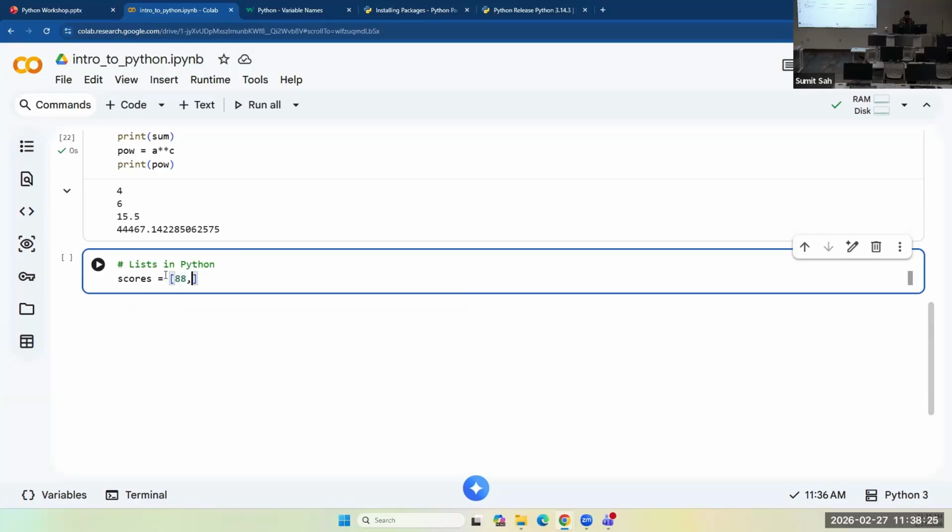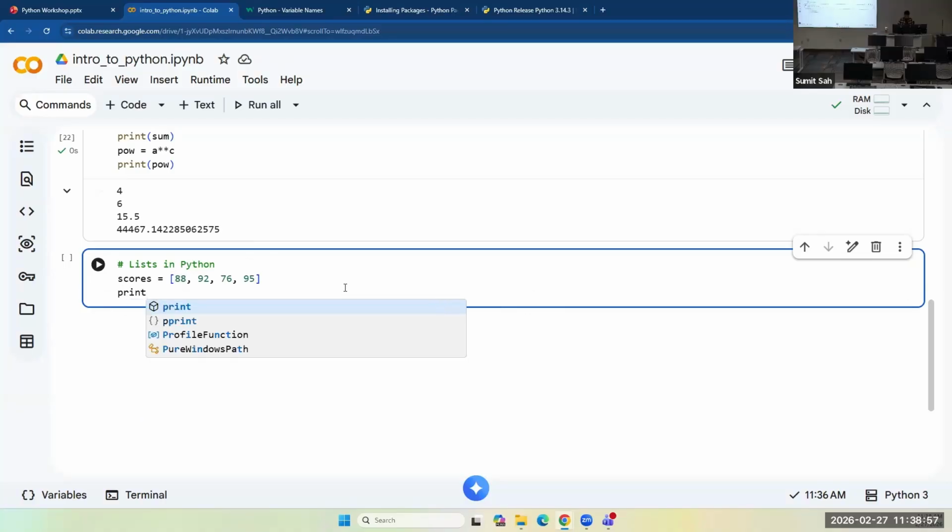Say 88 in one subject, 92 and 76 in another, 95 in one. So this is a list. And you don't know what subjects these scores are. You just know the scores, and you have a numerical list of scores here. And you can simply use the print statement to print scores.